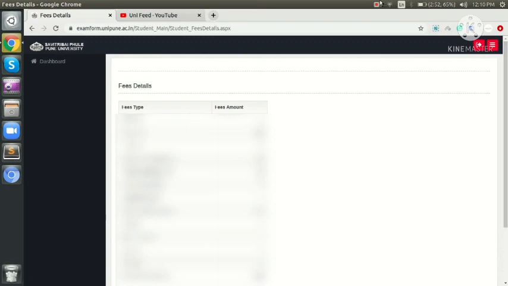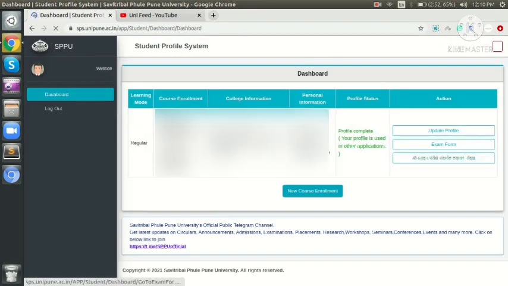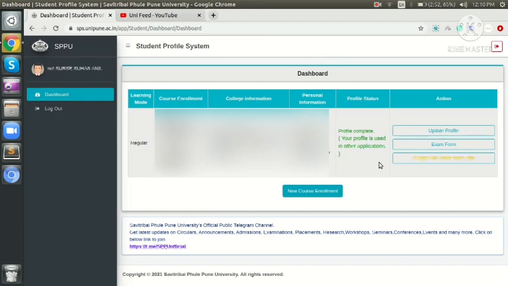Okay guys, we have successfully submitted the form. Then you have to take the printout of your form. Once you have taken the printout of your form, then download that PDF, and your colleges have provided instructions related to that, so send that PDF in that form. Once you have sent that PDF to your college, then they will invert your form.